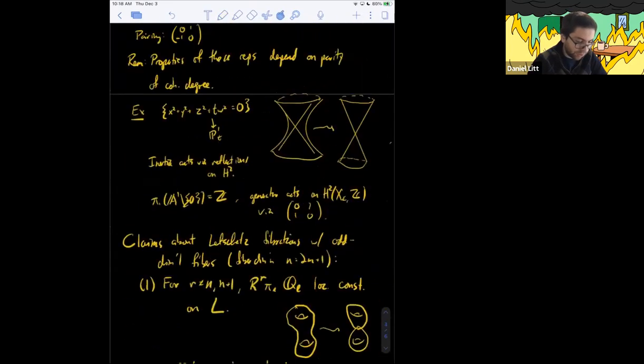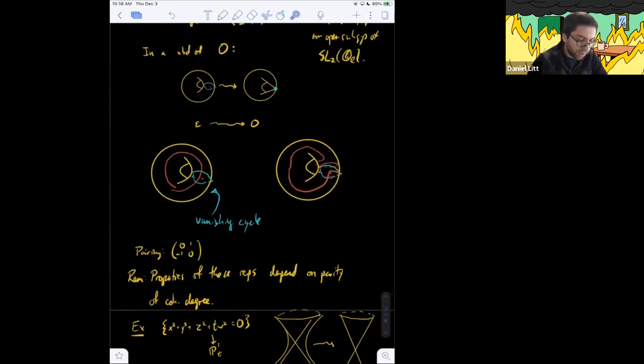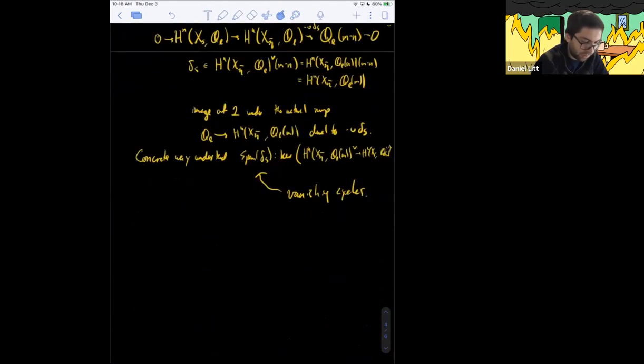Pictorially, there's a map from the cohomology of this to the cohomology of this, given by dualizing the specialization map on homology. And then cupping with the vanishing cycle, giving you a map to a one-dimensional vector space, is just restricting the cohomology of this general fiber to the cohomology of this loop. So that's the picture you should have in your mind.